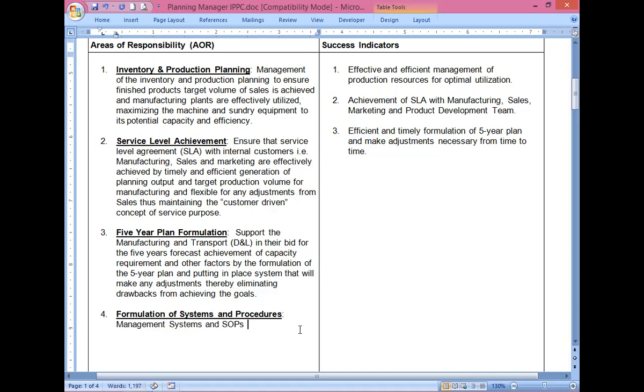Some managers I've noticed, when they put SOP, they put a small S to make it plural, they put an apostrophe. I don't know if that's correct or not. Me, I'm not used to putting apostrophe S. I'm not sure which one is correct. What's important for me is the thought that I have given to the document. PP. What's PP? Production planning. You can also write the production planning here.